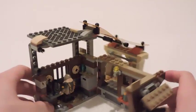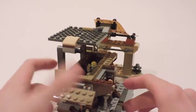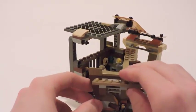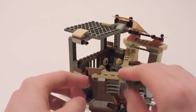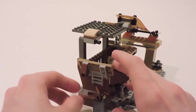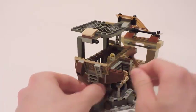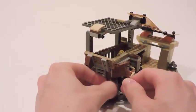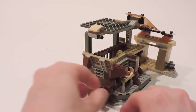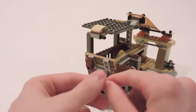And so that's the inside of Unkar Plutt's shop. If we fold this back in, as you can see on the outside, you've got a little sunroof right here that is movable. Got another window right there. As you can see, you've got a bunch of accessories in this one crate, like a broom, a glow wrench type piece, and a spare battle droid arm, which is pretty interesting because